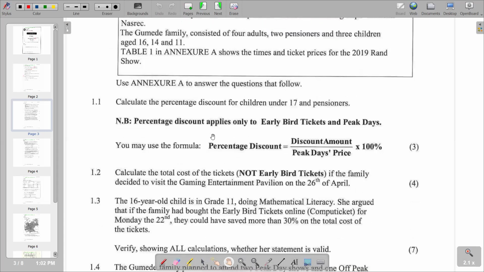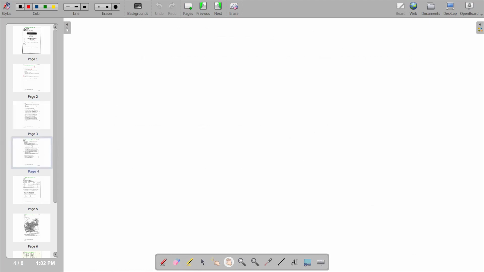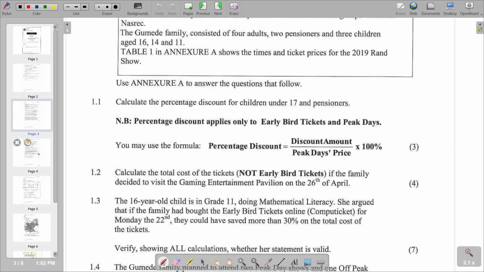You are given the questions here, and you start with Question 1.1. Calculate the percentage discount for children under 17 and pensioners. The percentage discount applies only to early bird tickets and peak days. You may use the formula: percentage discount equals discount amount over peak days price times 100%, for 3 marks. So we start by putting down our formula, which is 1.1, whereby our formula says percentage discount